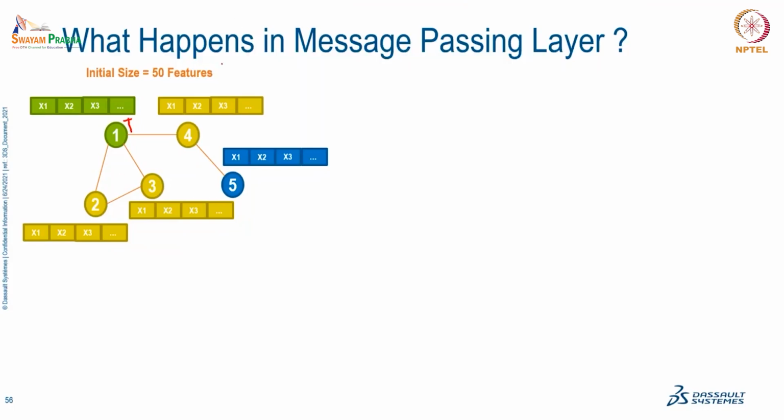So those all are in the feature vectors here. And now we are calculating the embedding for this target node, the green one. So what actually happens in the message passing layer? We pass a message, or you can say a signal, from its neighboring nodes to the target node. For this target node, we have 3 neighboring nodes: 2, 3, and 4. So we pass the signal, or for the zeroth layer, it's just this feature vector, to this